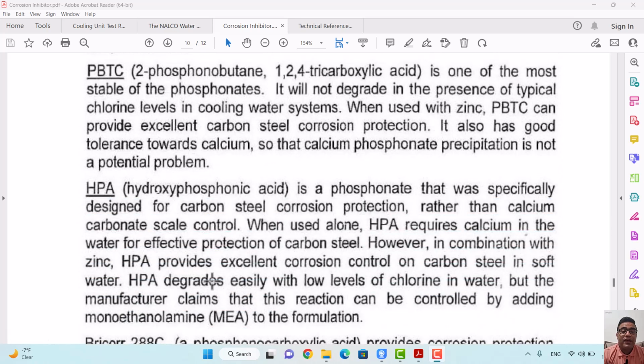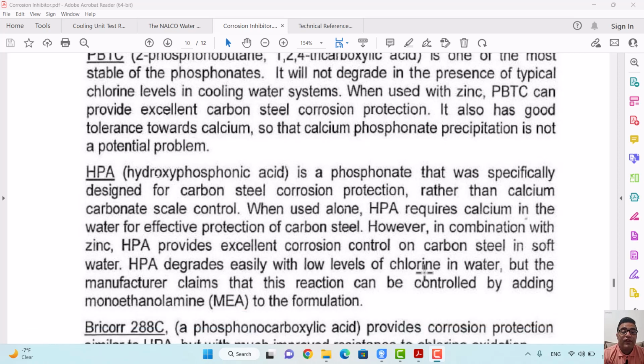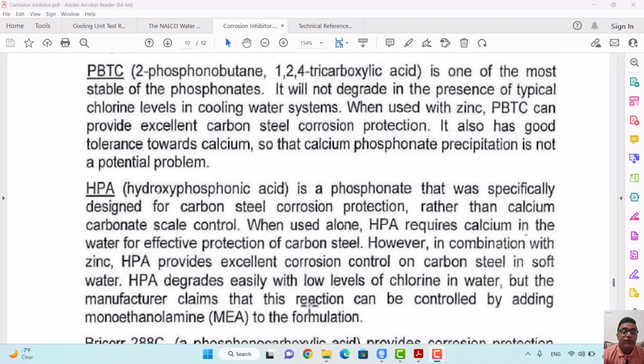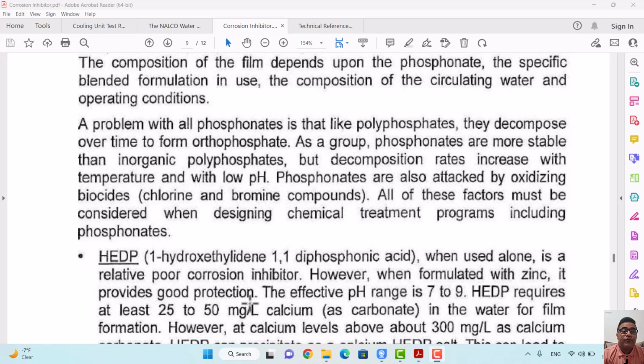Then we have HPA, a phosphonate that was specifically designed for carbon steel corrosion protection rather than calcium carbonate scale control. When used alone, HPA requires calcium in the water for effective protection of carbon steel. However, in combination with zinc, HPA provides excellent corrosion control on carbon steel in soft water. HPA degrades easily with low levels of chlorine in water, but the manufacturer claims that this reaction can be controlled by adding monoethanolamine to the formulations. So here we have four types of phosphonates: HEDP,